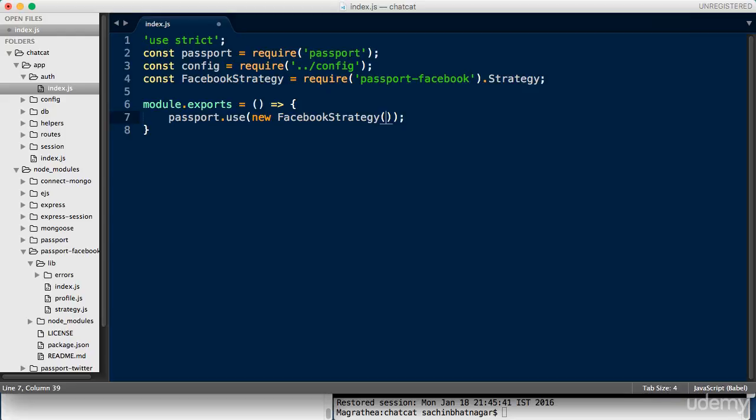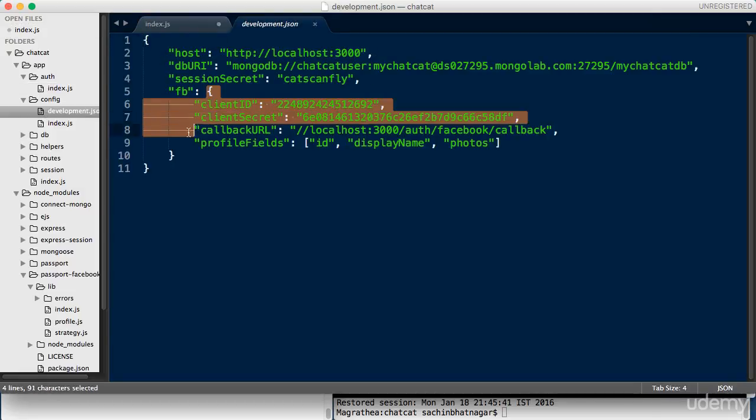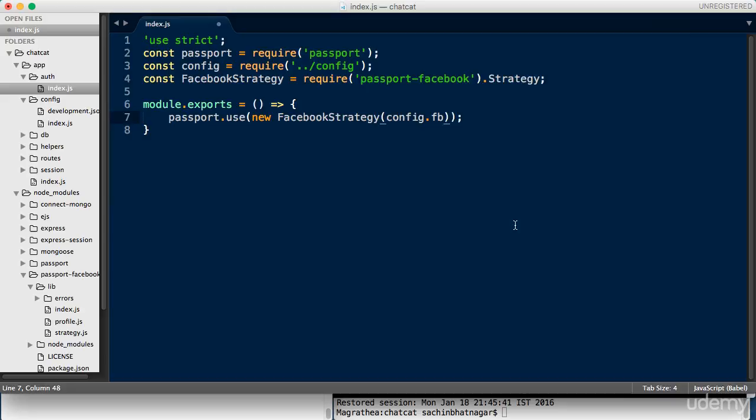Now, remember we had built the FB configuration block earlier? We will simply plug that in here by typing config.fb, which uses the config loader module to access and inject in a JavaScript object as we built earlier. This is precisely how Passport wants the configuration object to be like, and hence the reason why I built it this way. Next, put a comma and create an arrow function that brings in the access token, a refresh token,